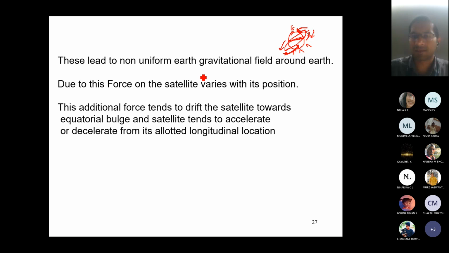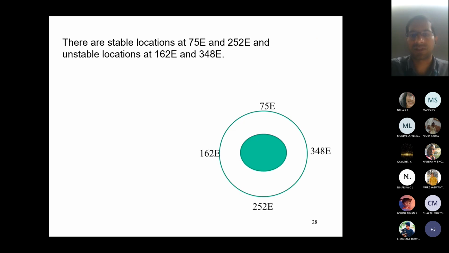Okay, so due to this acceleration and deceleration, there will be a change of longitudinal location. So whatever the longitudinal location of the satellite, it will be deviated. Okay, so changes happen here. Now you see, this has practically been observed, these 2 points. If this central solid region is the Earth, and this particular circle represents the orbit of the satellite, and